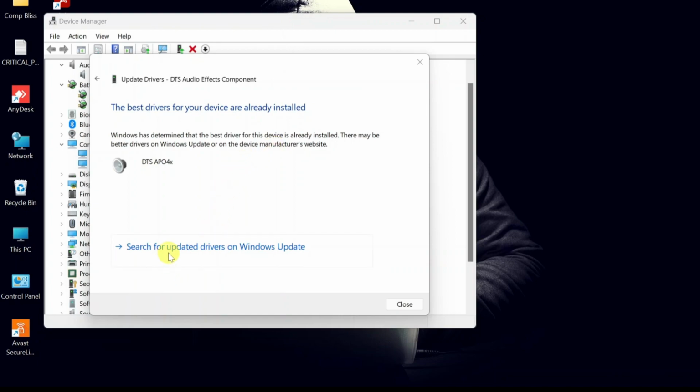You can still have an option to go to search for updated drivers on Windows Update. You can also click that option, which is going to prompt Windows Update to check for your drivers. Now, in case the drivers are showing that they are up to date, but you feel that they're outdated,